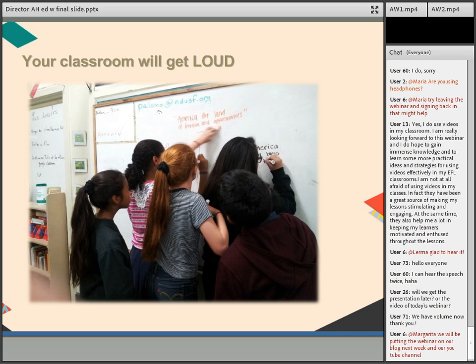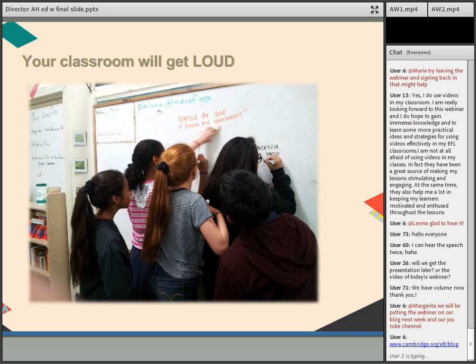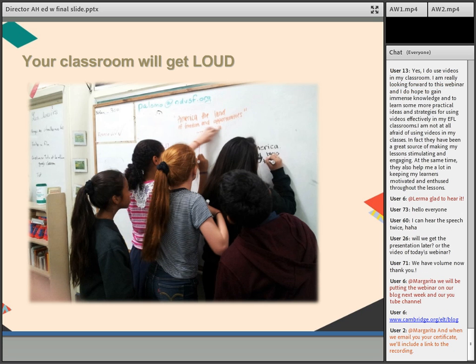So here we are with the class that I worked with most recently about 3 weeks ago, pointing to the fact that your classroom will get very loud. This was one group of children who decided to work as a group of five. And contrary to what you would think, that they'd want to go first to using their phones or some kind of mobile device, all of these kids actually wanted to go straight up to the board and figure out what their main ideas were, what they wanted to talk about.